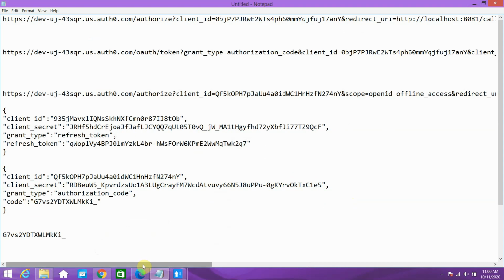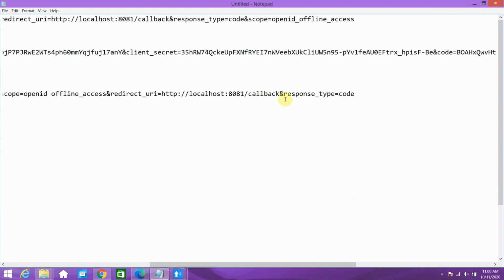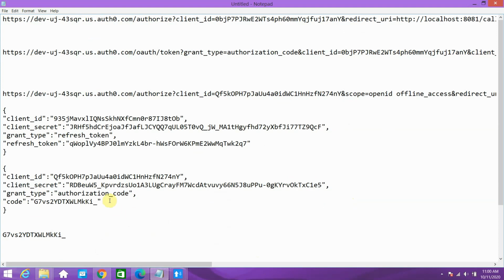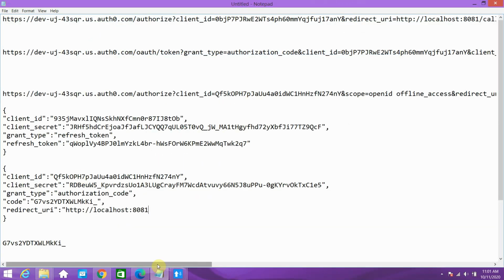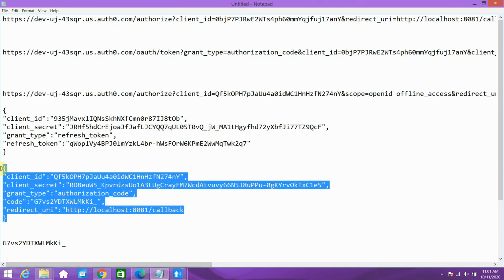And also make sure, there's one thing I forgot, response type must be code when you are generating the code. Then the other thing, we have to provide a redirect URL for validation purposes. So make sure you are providing the same redirect URL which you have provided earlier. It's just for validation purposes. Okay, nothing else. In the first step, it gives the code on the redirect URL. You can see that, localhost callback code. Okay, this is the request I have created.